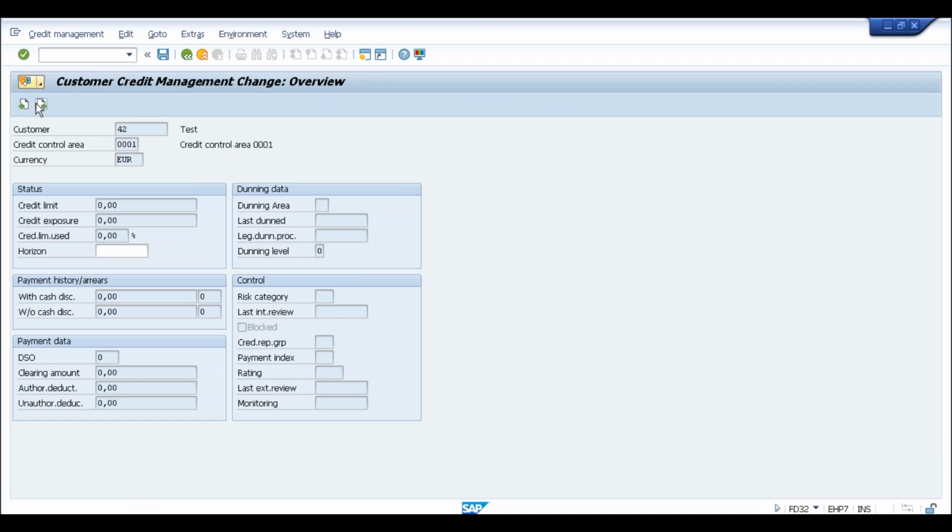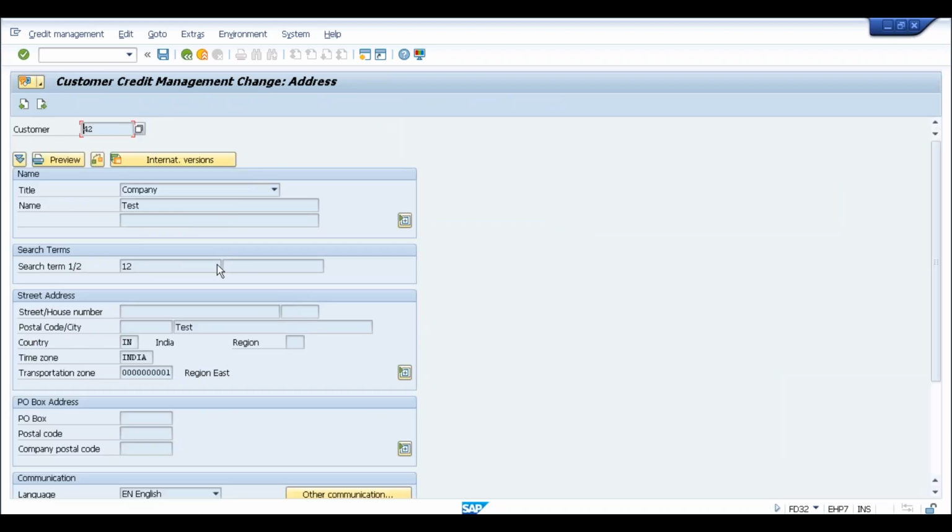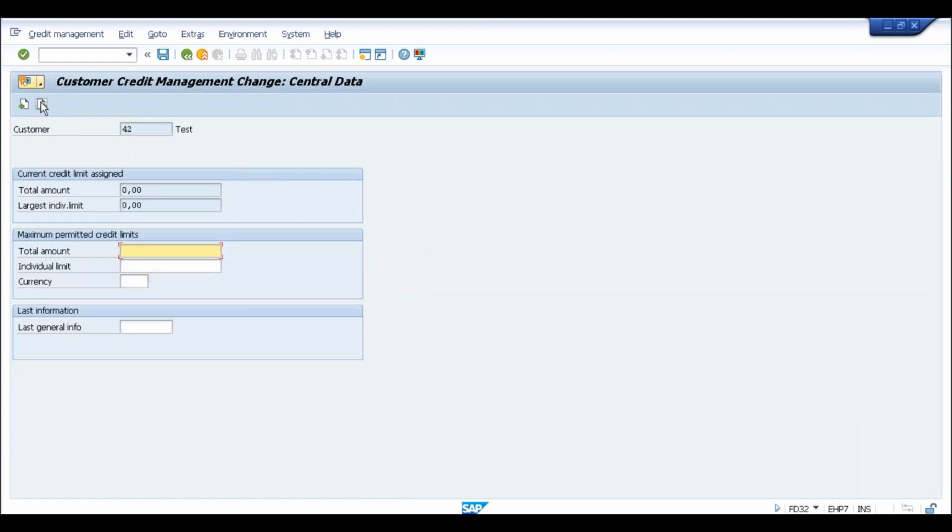Let me proceed to the next screen. This is the address information anyways. You are getting that under the business partner. Okay, this one, the total amount and largest individual amount. Now, I have not used this functionality, but what we can understand of this is total amount is irrespective of which credit control area. If this is a customer which is created under 4 credit control areas, for example,